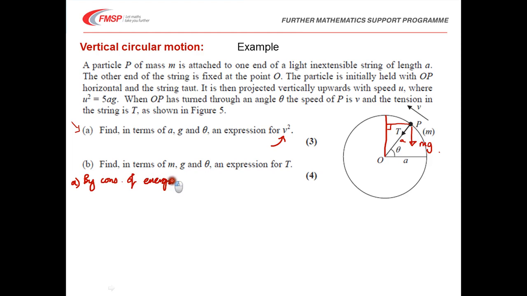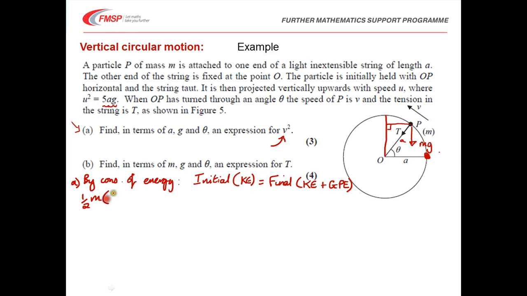So by conservation of energy here, just thinking about the energies that we've got going on, I'm going to start initially, so the particle starts from here and it starts only with kinetic energy. When it gets up to this new position here, it's going to still have kinetic energy because it's still moving. It's also going to have gained some gravitational potential energy. So we're going to equate the initial kinetic with the final kinetic and gravitational. There's no extra work being done to it to change the level of energy in the system, so we know that those are equal. Right, initial kinetic energy then is half mu squared, and we know that u squared is